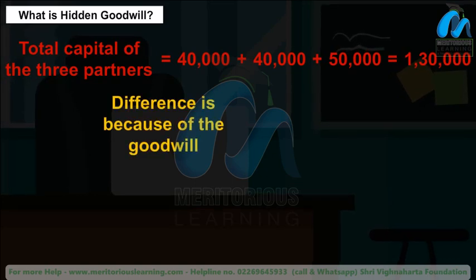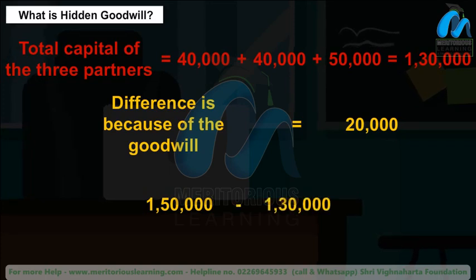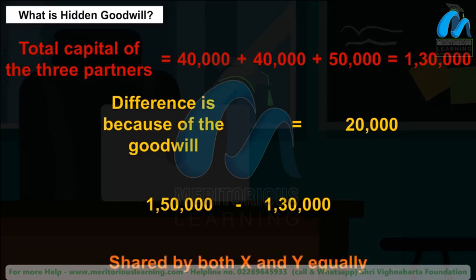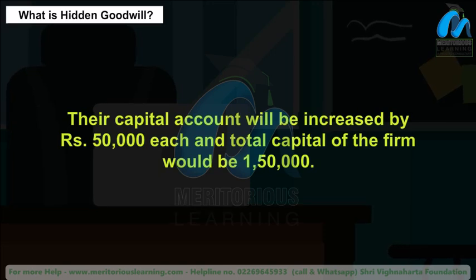The difference is because of the goodwill, that is 20,000. 1,50,000 minus 1,30,000, which will be shared by both X and Y equally. So, their capital accounts will be increased by 10,000 rupees each, and the total capital of the firm would be